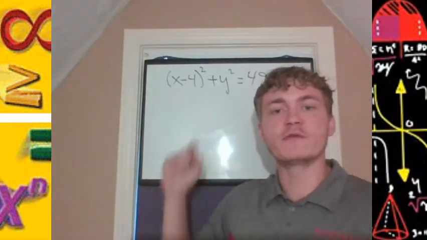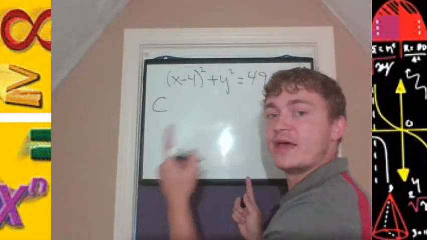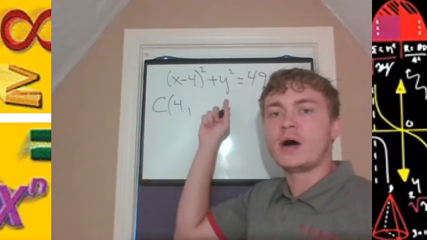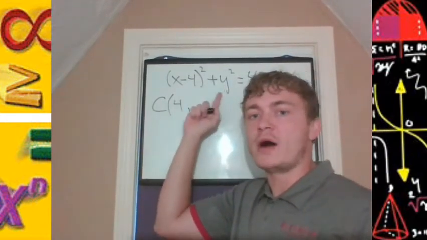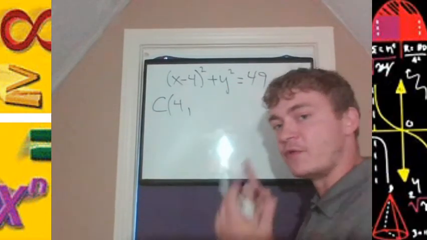We're subtracting 4 from x. So the center of this circle will have x coordinate 4. Well, what are we subtracting from the y here? It just says y squared. The y is not in parentheses and we're not subtracting some number. If we think about that here,